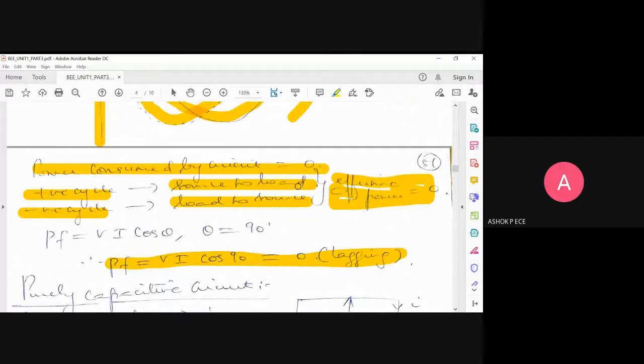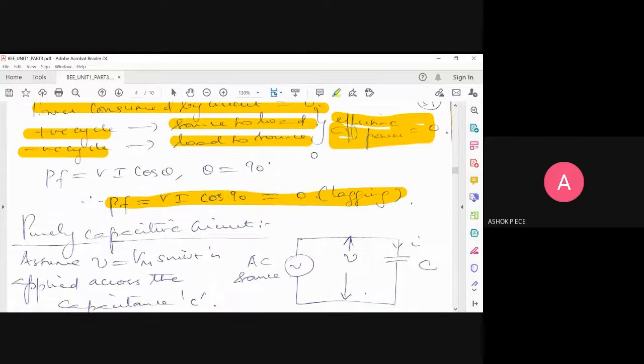And I have put power factor lagging. What is the reason for putting power factor lagging here? See the bracket, I put zero lagging. What is the meaning of putting lagging here? Why didn't I put leading? Why did I put lagging power factor? Sir, because voltage is leading, sir, is it because of that?